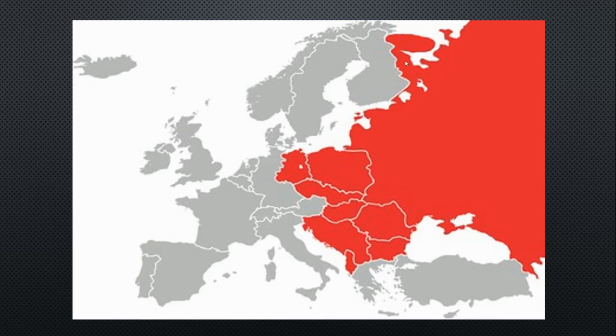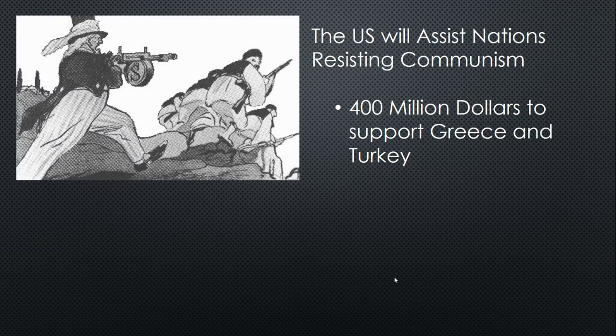So going back to the map right here, with the clip that we just saw, it seemed that Turkey and Greece were really these first big hotspots of the emerging Cold War. And so for a variety of reasons and issues, the United States is going to intervene to try to prevent these places from becoming red, according to the color scheme here on the map, but to try to prevent them from falling to communism.